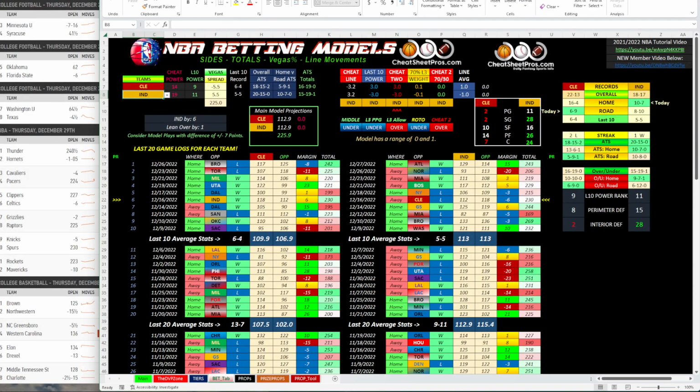So typically what I wanted to do today, since I'm off all week, is just do a video for NBA sports betting and then just kind of walk through the sheet and show you some of the things that I look for. So when I look through the NBA cheat sheet, one of the things I'm doing is comparing our